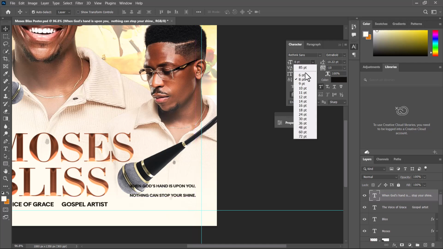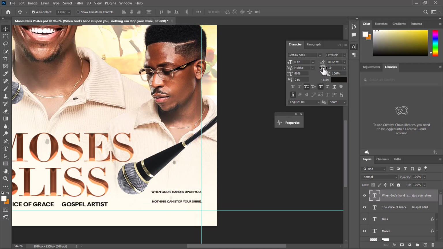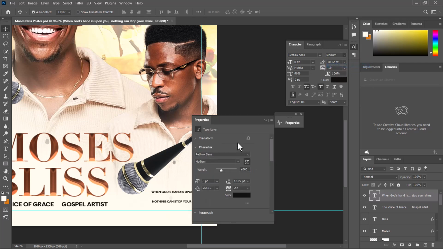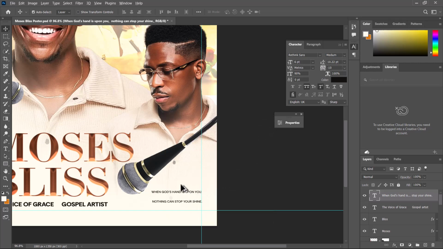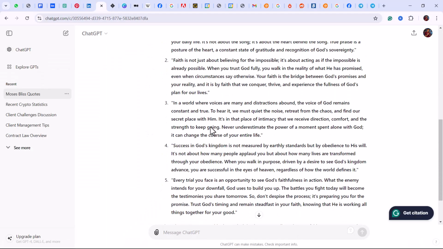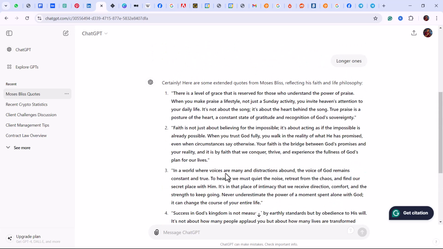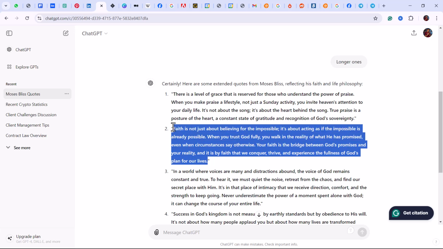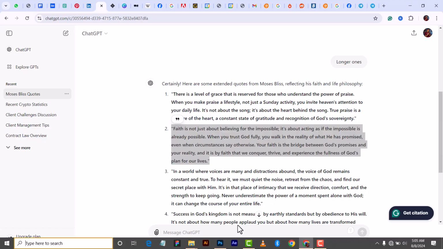So take this to 6, for example, and then I don't want it to be bold as this, so I'll put the font weight to regular or medium, anyone. And then I think I'll just use the long caption, one of the longer ones here. All of them here are long. So I'll just copy this one, the code from Moses Bliss. So I'll just copy this like this, and then